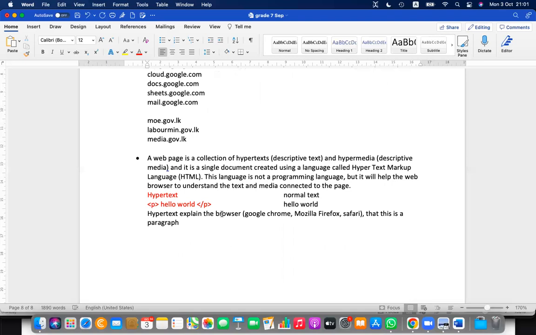Right. The next thing is now, we have learned about what is a web page and what is a website. A web page is basically created using this hypertext. Don't worry, I still didn't explain how to create this hypertext and how to write it, how to create a web page, but we will learn that in this lesson. But before that,